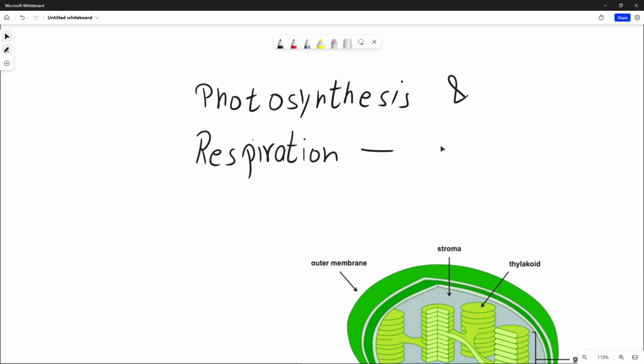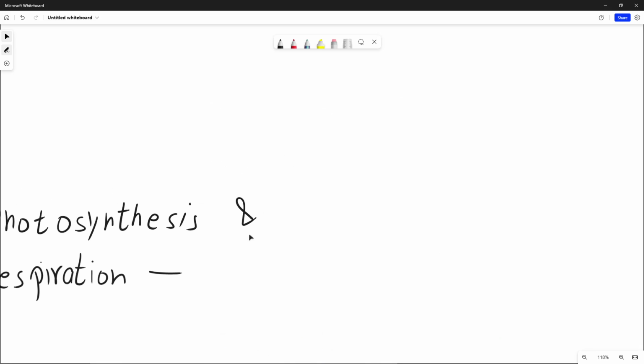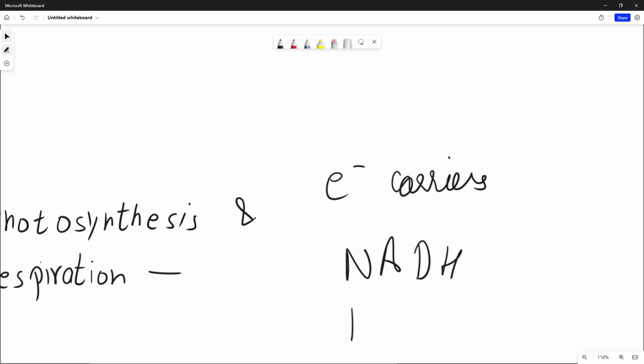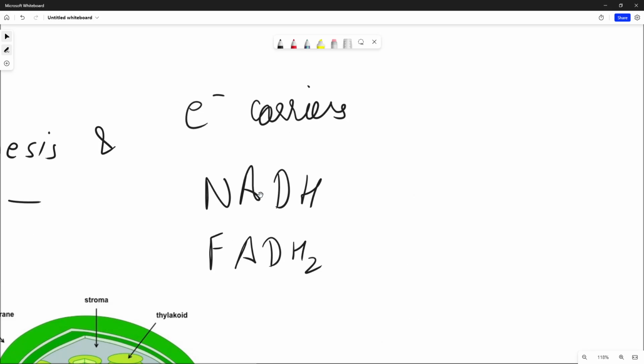Okay, so today we'll be starting with Unit 3, continuing our unit, and moving on to photosynthesis and respiration. Before knowing anything about photosynthesis and respiration, you first need to learn about electron carriers. They are of mainly two types which we'll discuss in these videos, and that is NADH and FADH2. What these two molecules do is they carry two electrons and deliver them someplace, and